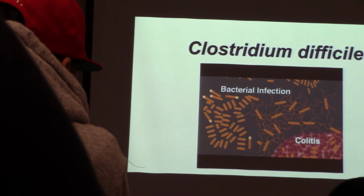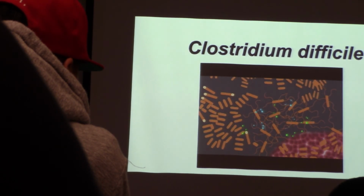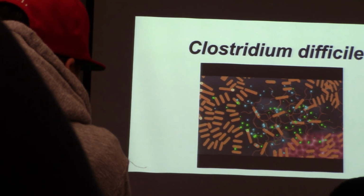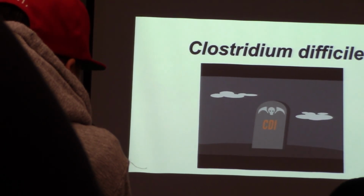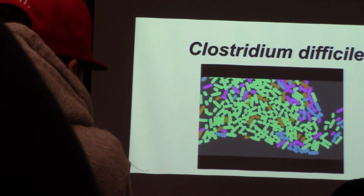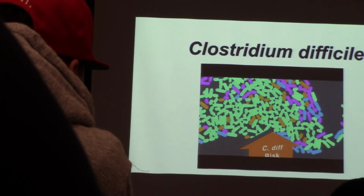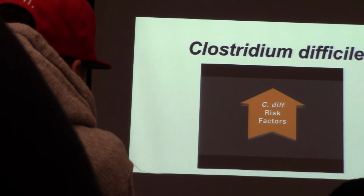When the gut's beneficial bowel bacteria are disrupted, the C. diff bacterium can multiply, producing toxins that damage the bowel and cause intestinal symptoms. In very severe cases, C. diff infection can even result in death. A person might harbor the C. diff bacteria in their gut but not become sick because the beneficial bacteria in their intestines keep it in check. However, there are a few risk factors that, when present, might, to varying degrees, increase the chance of contracting